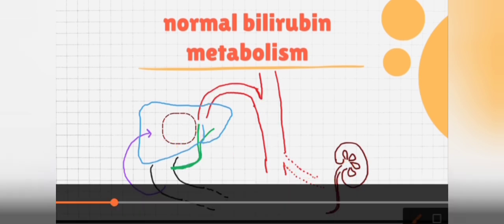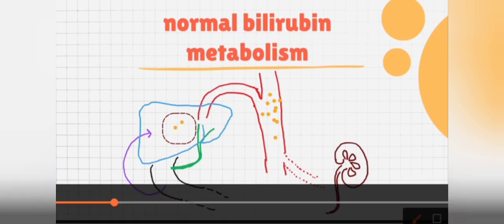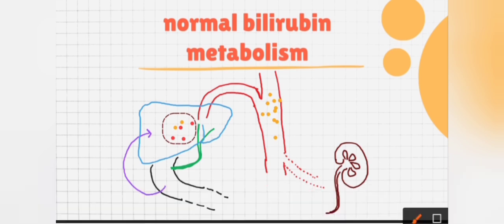Now let's understand the findings in case of stool. In case of pre-hepatic jaundice, unconjugated bilirubin is increasing. It is increasing such that it is beyond the capacity of the liver to conjugate, but the liver is still functional, so the liver is still conjugating the normal quantity of molecules which it usually conjugates. So normal amount of conjugation is still there, so the stool color would be normal in case of